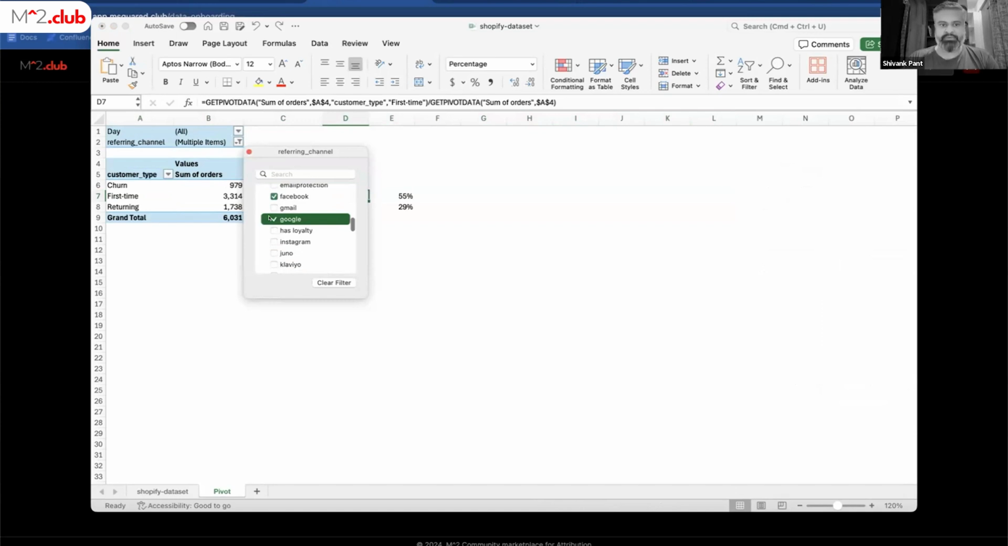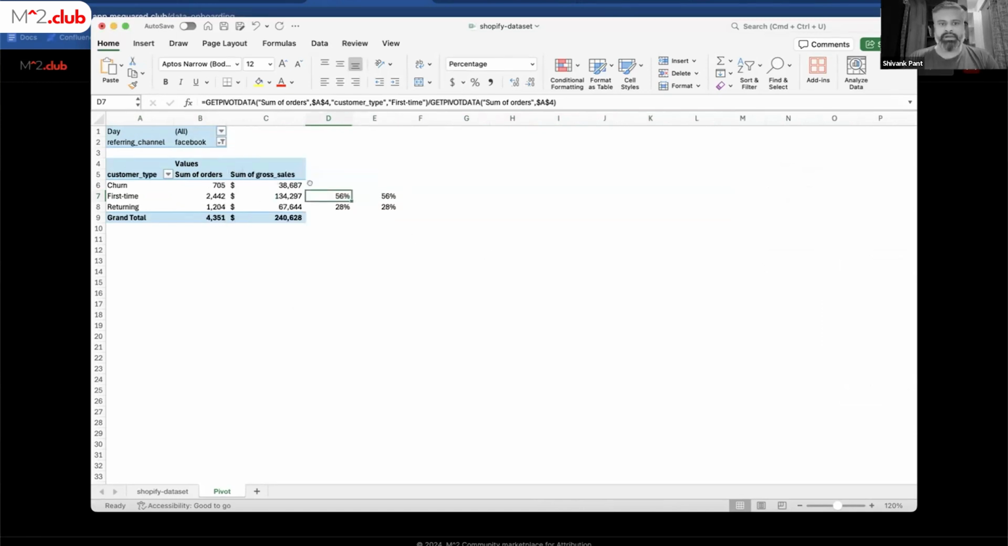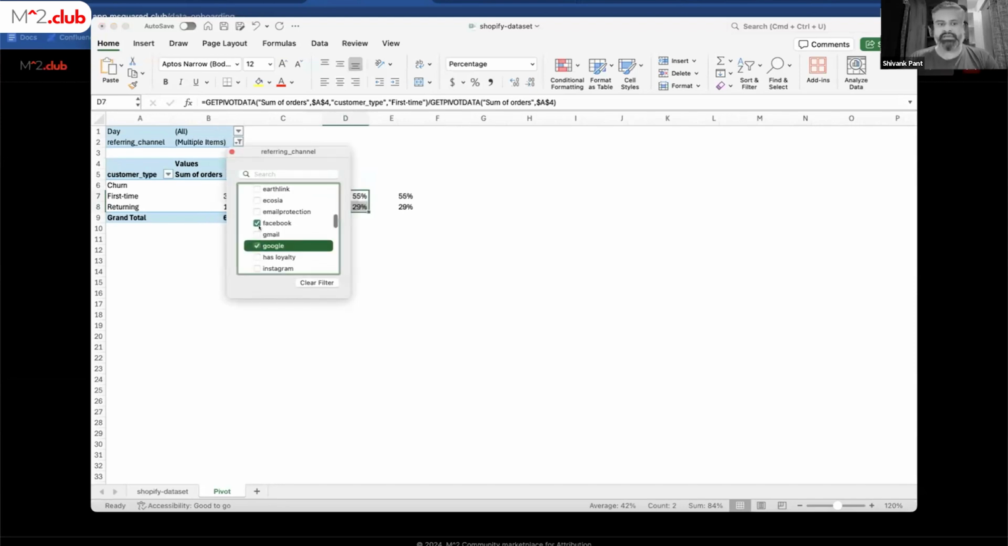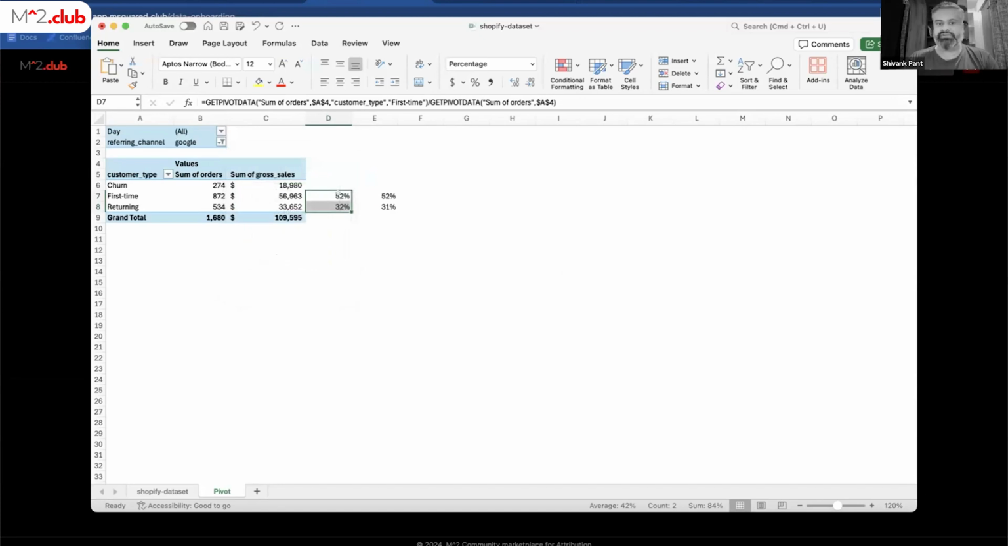So let's say I'm looking at Facebook. I know my new versus existing ratio is 56% to 28%, right? If I look at Google, it will change. That's why you need to have this, 52% versus 32%. So these are the percentages that you can then go back and apply to the platform data and then onboard it to